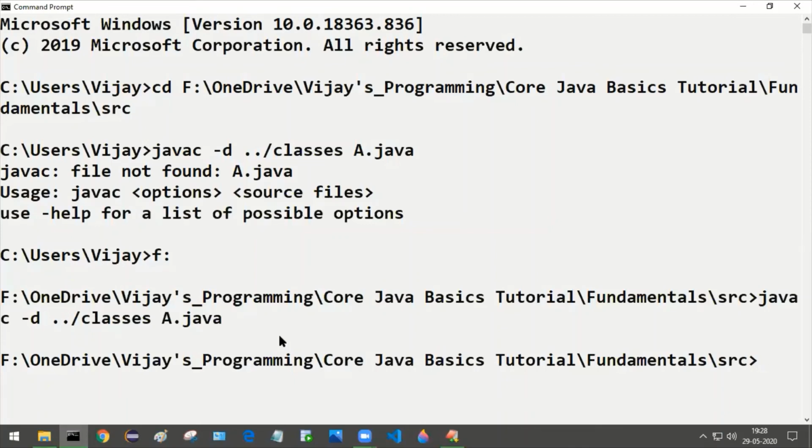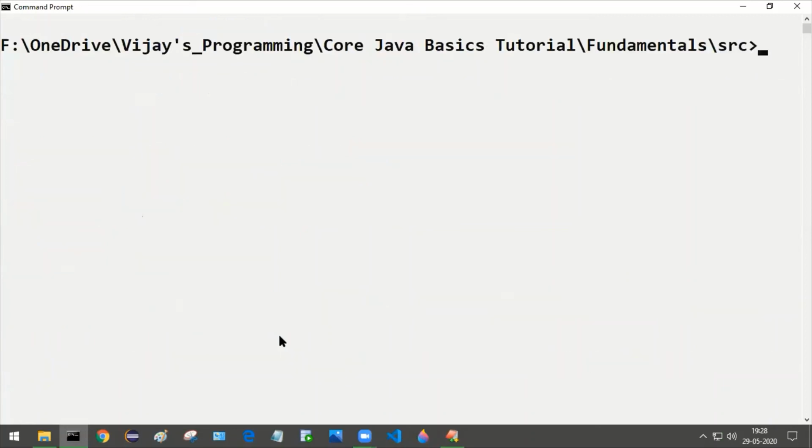Now we need to trigger the java command. Let me clear the screen first. To clear the screen, we give the cls command, and now type java space -cp space ../classes and the name of the class, A. You should not give the .class extension.